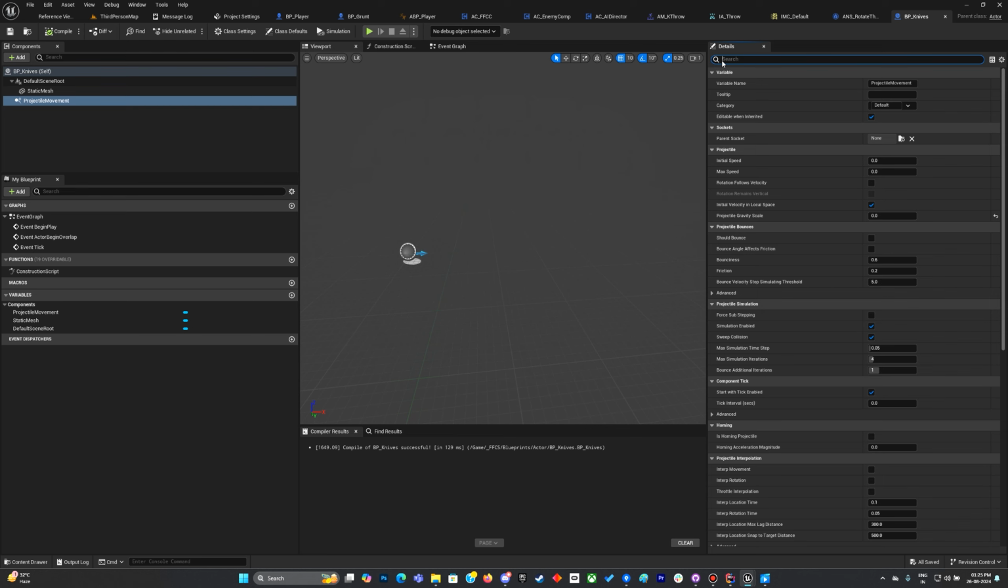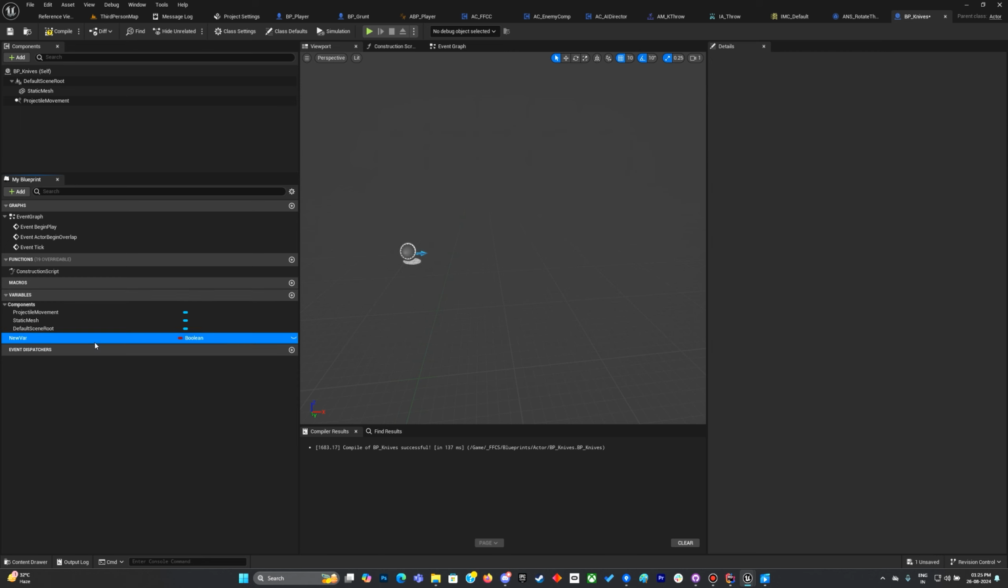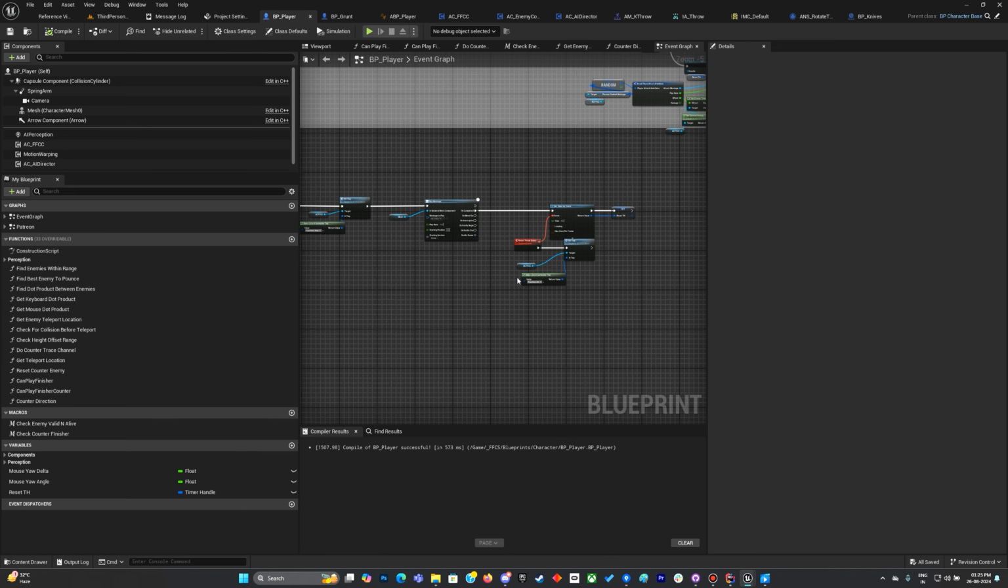Now there's a few things like the initial speed 5,000, max speed I'll make it 15,000. Rotation follows velocity, projectile scale is 0. There's one thing that I want to add over here, actually I don't need to add anything, I guess. So what I'll do is